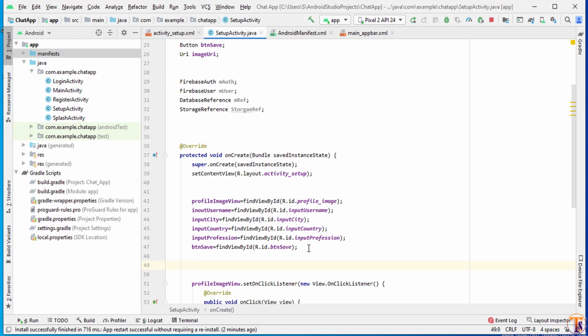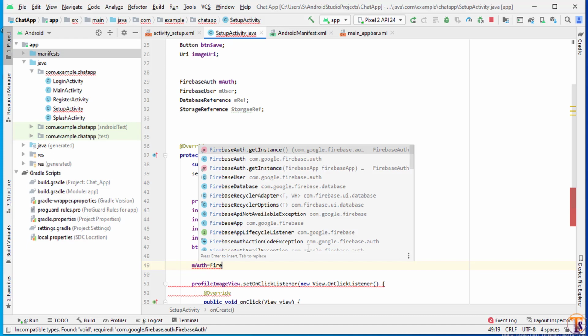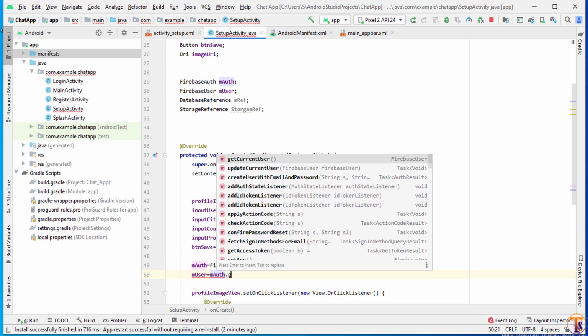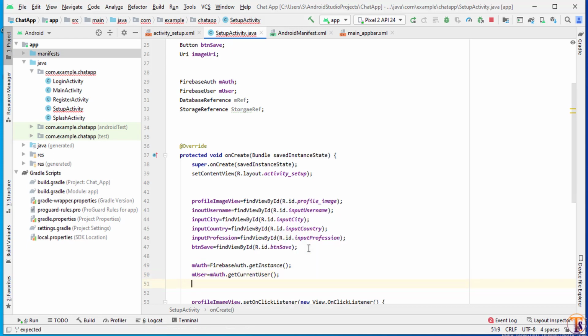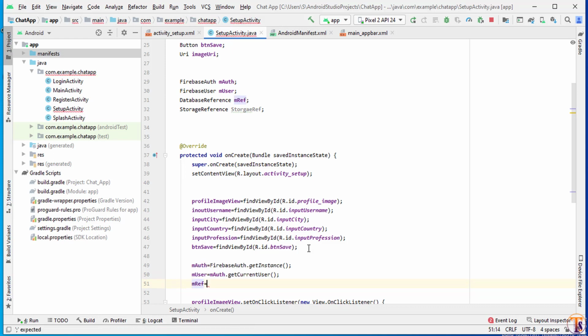Okay, mauth equal to firebase auth.getInstance. So now we need to initialize muser equal to mauth dot get current user. That's it. Now we need to initialize mref. So I simply call here mref equal to firebase database dot get instance dot get reference dot child. Here we need a reference that is users, so I call it users.